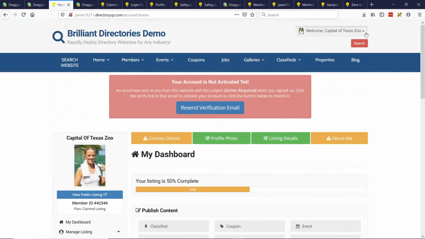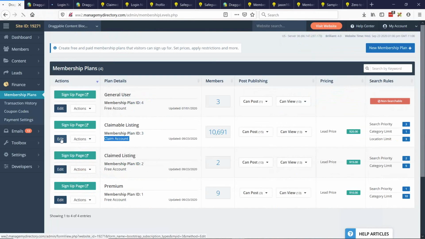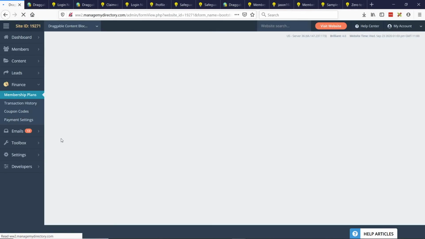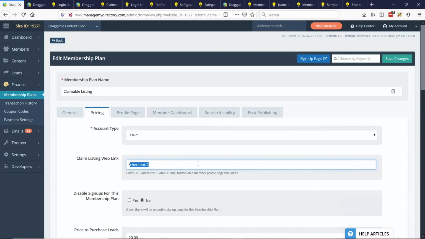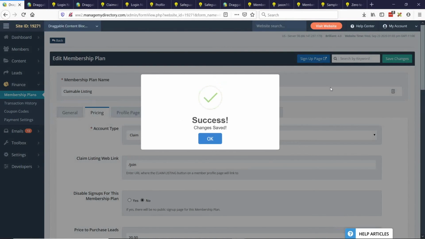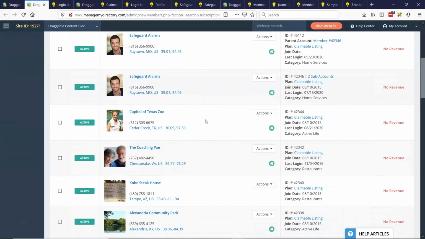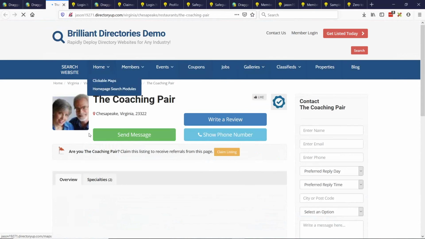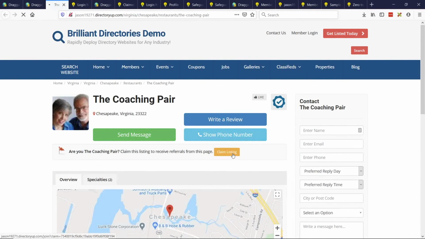Let me log out of here, and let's just change the link to the join link instead of directly to the checkout page. So we'll just change this back to the join page, or whatever web page that you want that also includes an eventual link to a checkout page. And let's just go to another person's profile here. Okay, it's asking if I want to claim the listing, and this time it will take me to the